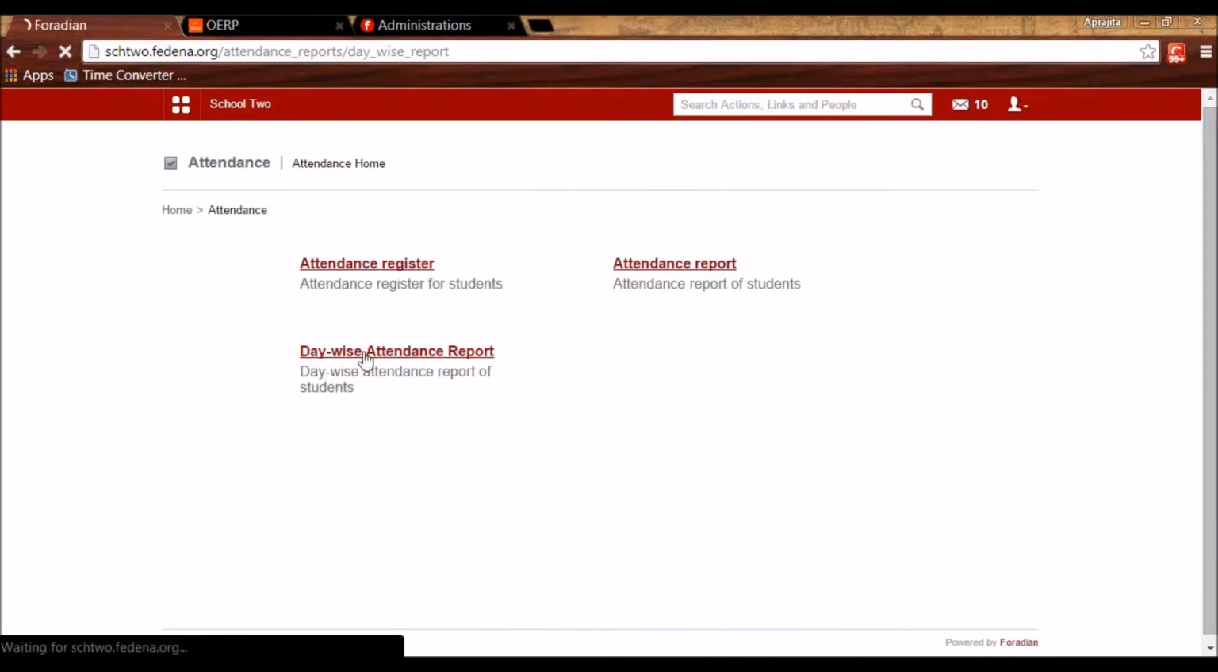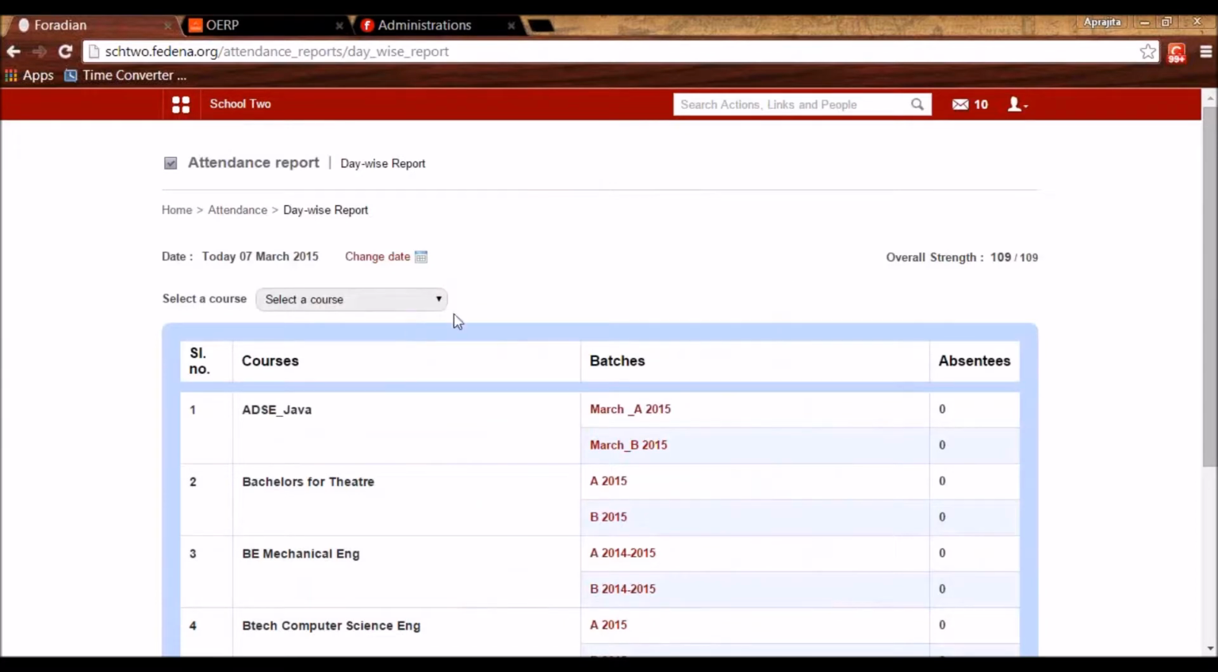And I can see day-wise attendance report. So for a particular day, it shows me the overall strength of my institute. So I have 109 students in all the batches in FEDINA. So this is the full